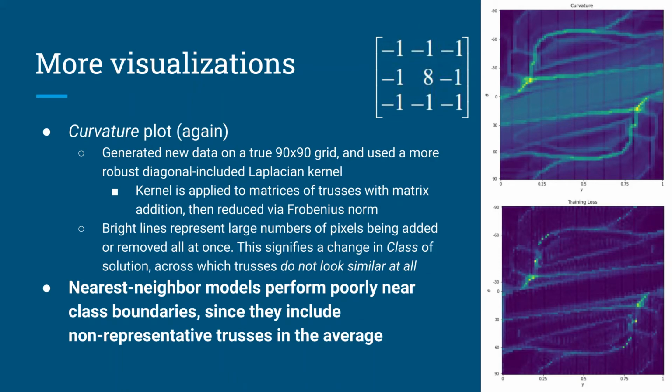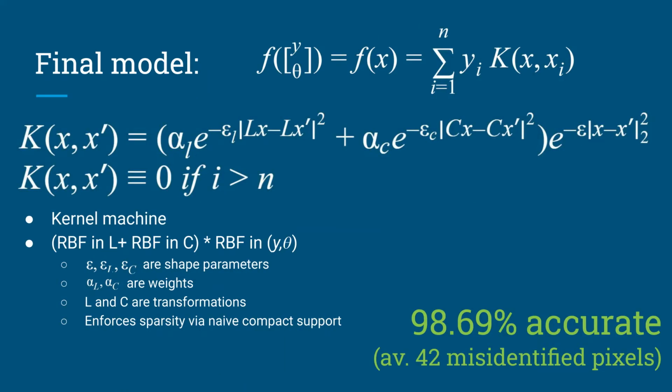My final model is a kernel machine. The kernel itself is the sum of two radial basis functions in L and C parameterizations, which I'll go over soon, times a more traditional Gaussian radial basis function in the original coordinates. It performs incredibly well. It enforces sparsity with compact support. While this is generally frowned upon in contemporary kernel learning, because it makes the Gram matrix only semi-definite, I found